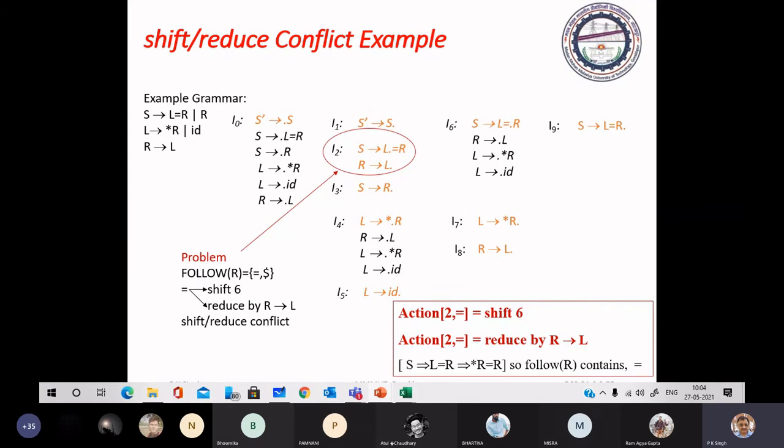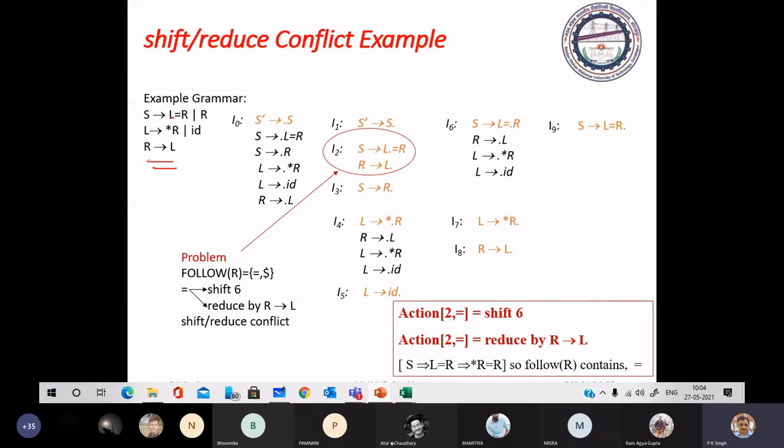See this grammar. In this grammar, we have computed the item set I0 to I9, total 10 item sets. Using same technique, just recall.